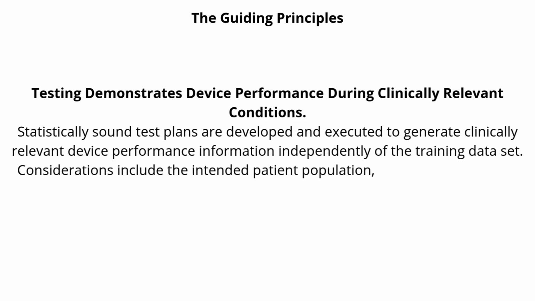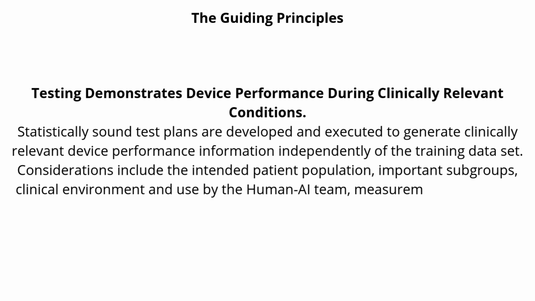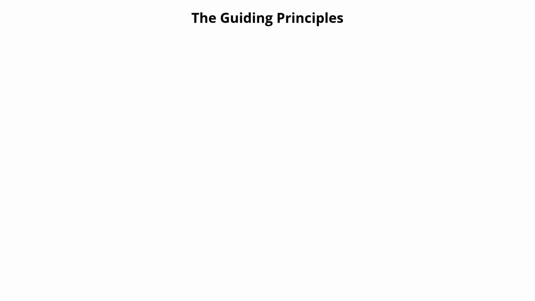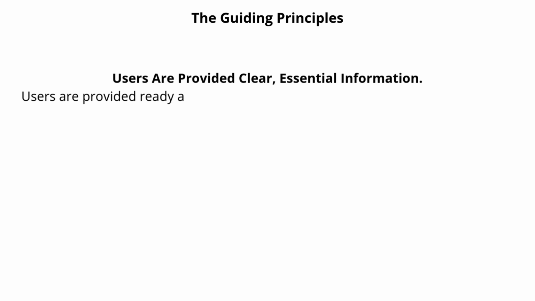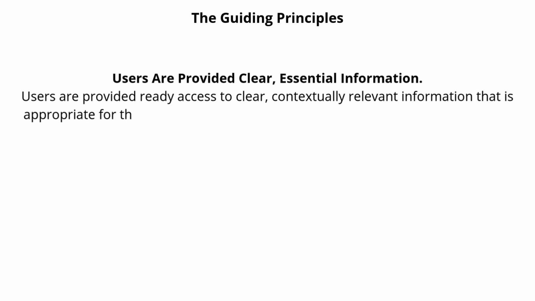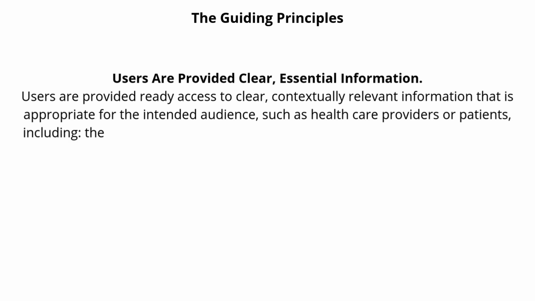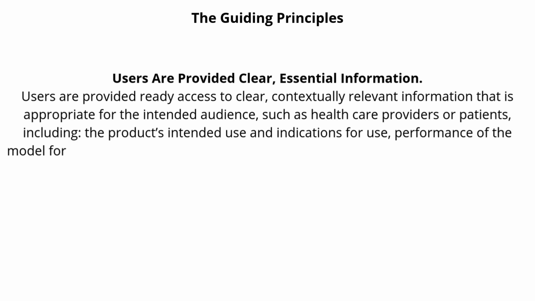Considerations include the intended patient population, important subgroups, clinical environment and use by the human-AI team, measurement inputs, and potential confounding factors. Users are provided clear, essential information. Users are provided ready access to clear, contextually relevant information that is appropriate for the intended audience, such as healthcare providers or patients, including the product's intended use and indications for use, performance of the model for appropriate subgroups, characteristics